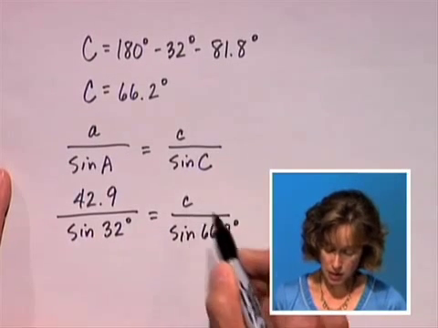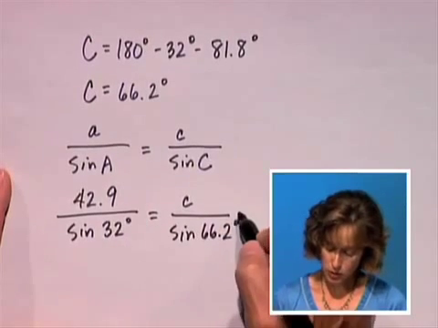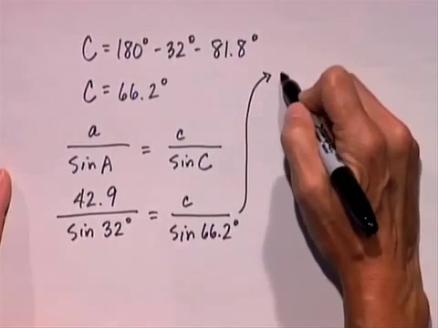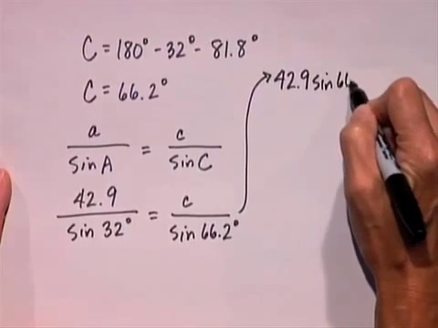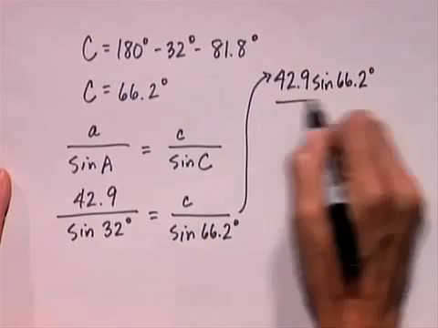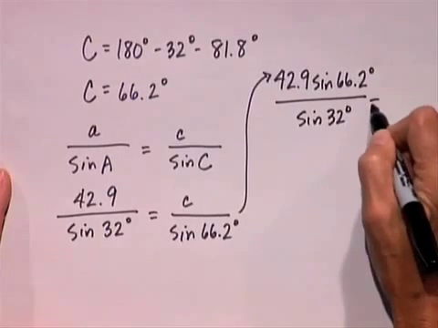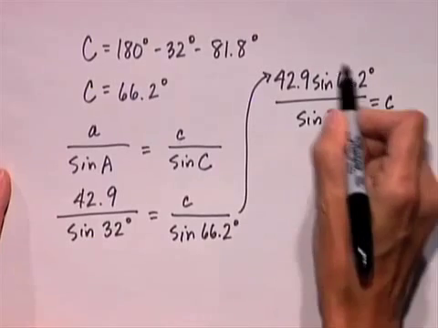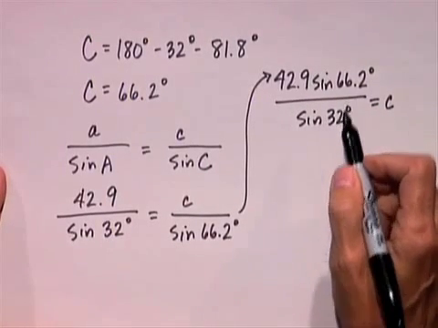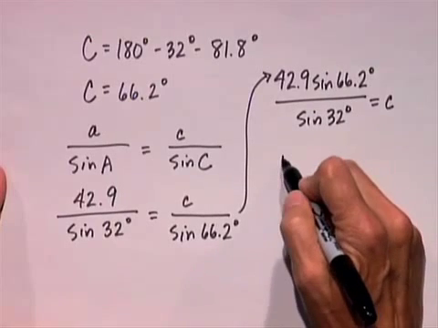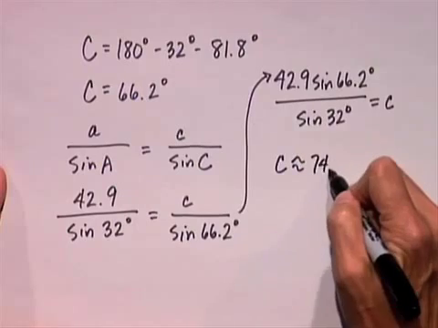To isolate side c, I can multiply by sine of 66.2, which means I need to find 42.9 sine 66.2 degrees divided by sine 32 degrees, and that will be side c. Again, with the help of a calculator, in degree mode and rounding to one decimal place, you'll find that side c is approximately 74.1